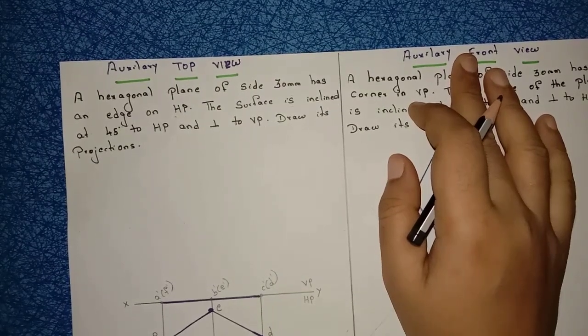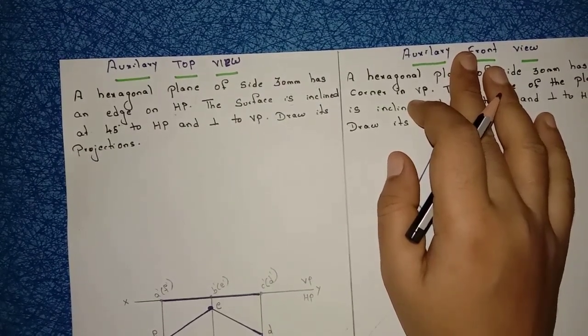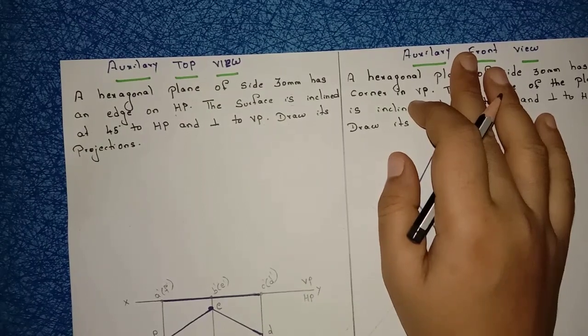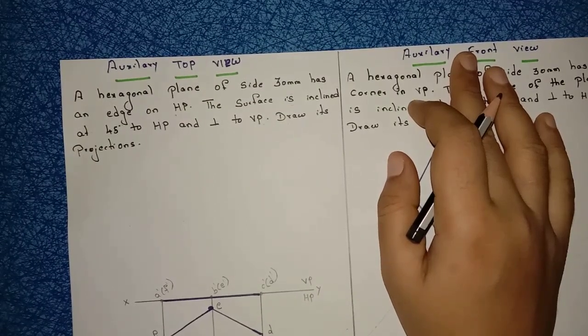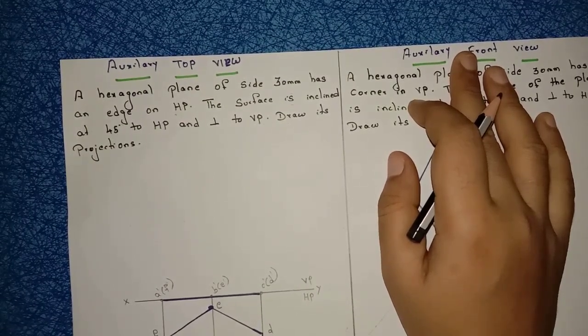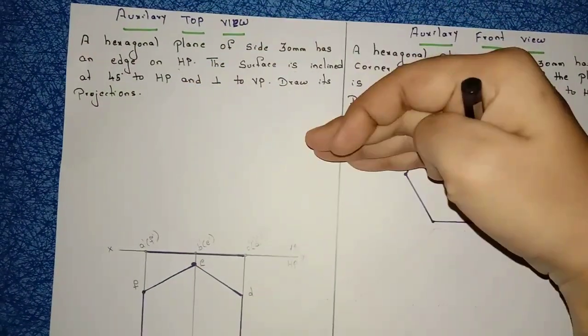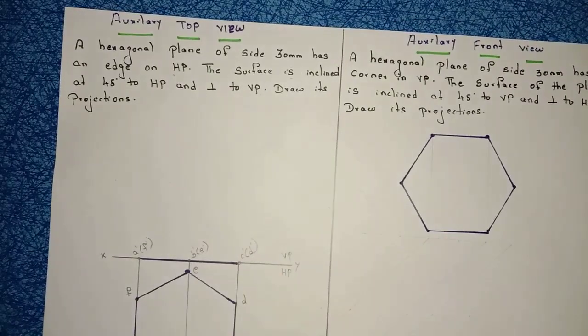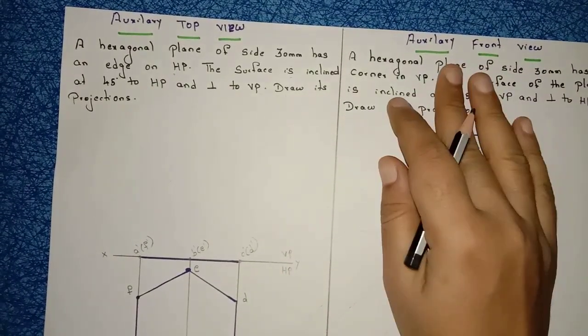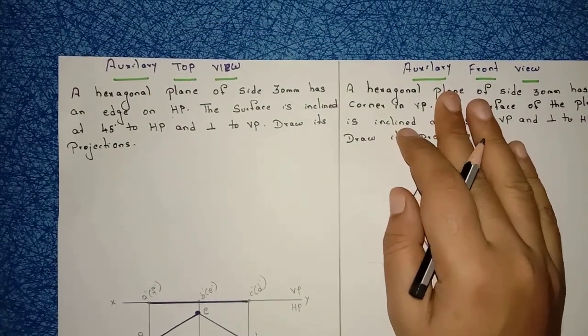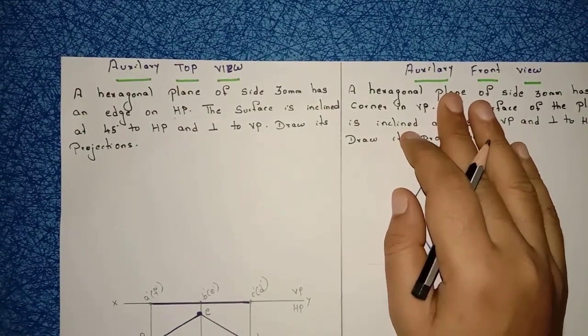See, in all the previous problems, we have constructed only one reference line and we have changed the positions from 1 to 2, 2 to 3, 3 to 4. First we have drawn here, next here, next here, next here. Like that we have changed all the positions in the sinusoidal wave curve. Right? So instead of changing the positions,